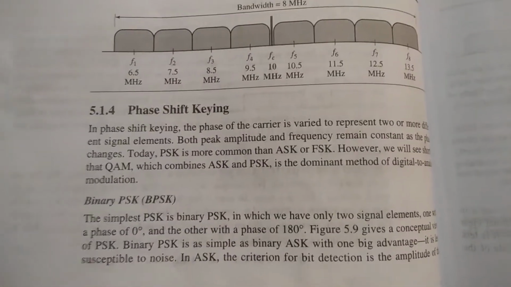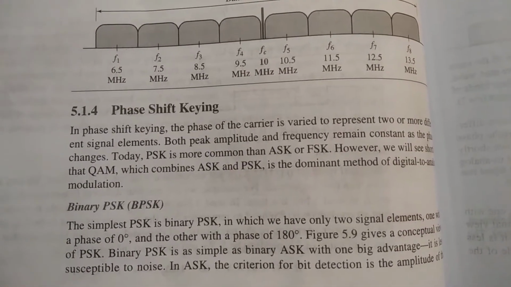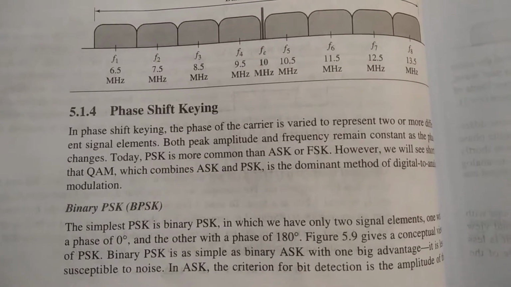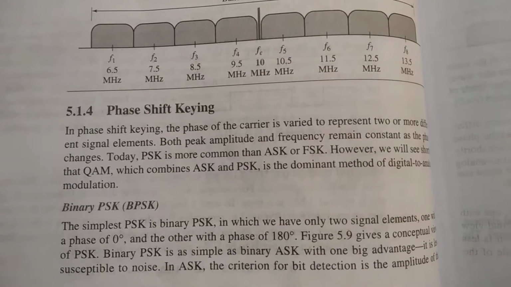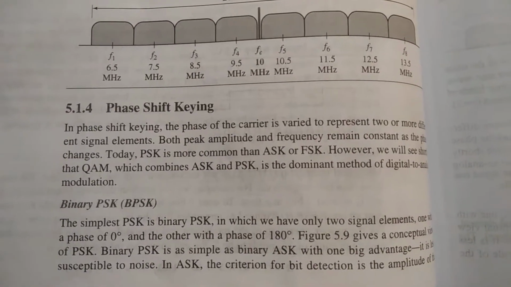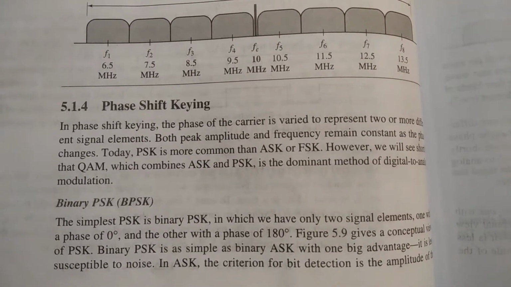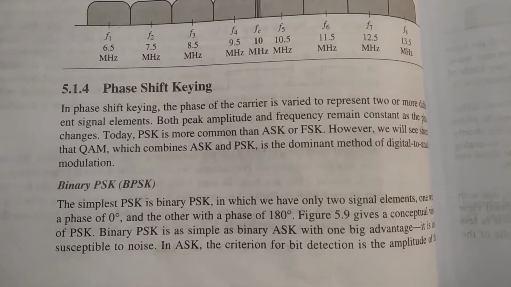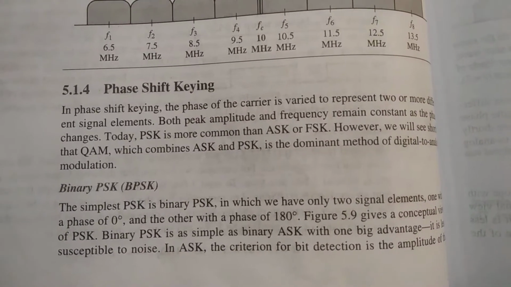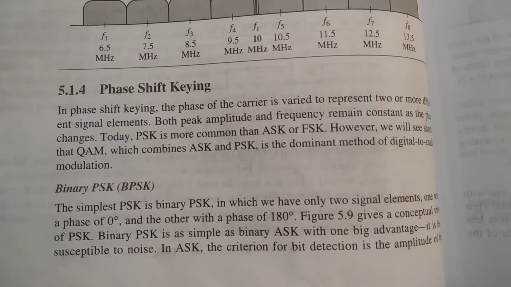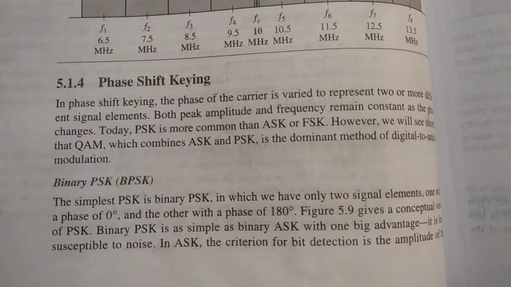Okay, then come to the next one, phase shift key. Phase shift key means we are going to change the phase of the carrier signal. Phase is 0 degree, 90 degree, 180 degree, 270 degree, 360 degree, like that. So we'll vary the phase of a carrier signal while maintaining the amplitude and the frequency. Binary phase shift key means we consider only two phases of the signal. Rather than considering multiple phases, we'll consider only two phases, 0 degree and 180 degree, because both are